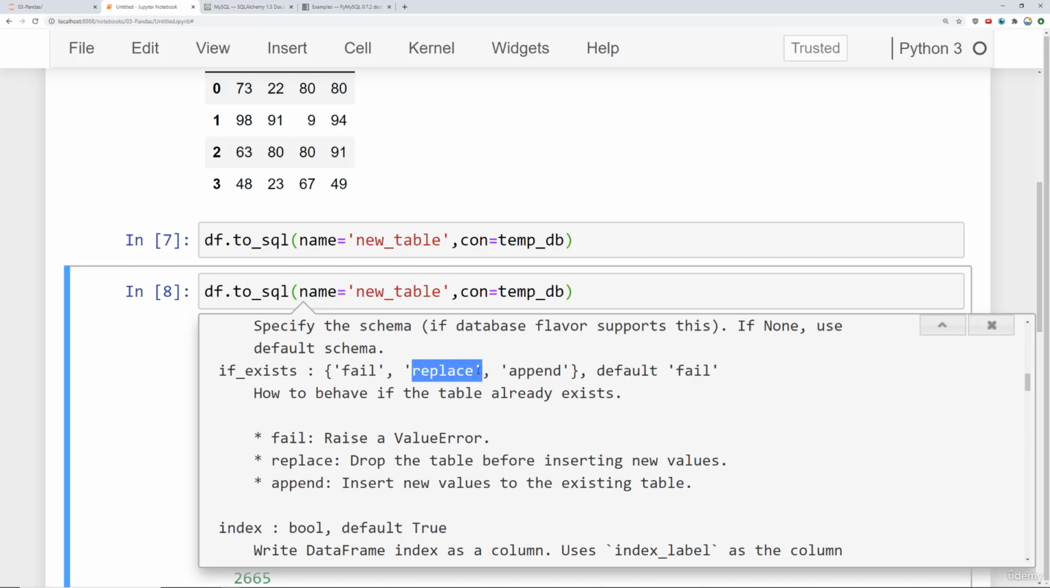You can have it replace. This is probably the most dangerous because it's actually going to drop the table in your SQL database and then replace it with your data frame. Or you can append, which is going to insert new values to the existing table. Obviously, I can't tell you which one to choose here because it really depends on what you're actually trying to